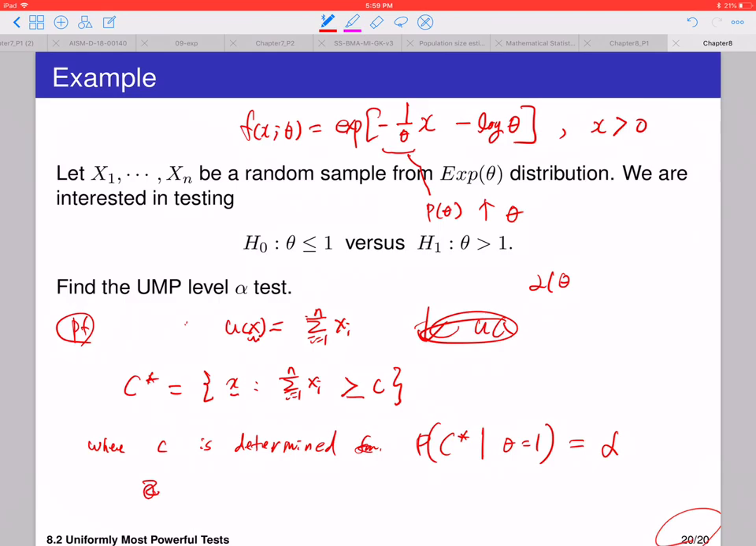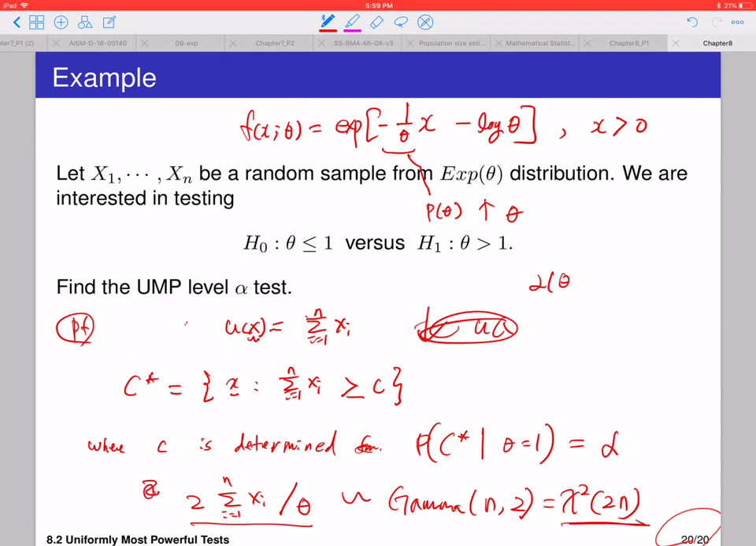So actually 2 times the sum of x_i given theta follows gamma(n, 2), which is the chi-square with 2n degrees of freedom. So we can use this chi-square distribution to determine c. Okay, so c is the chi-square alpha quantile with 2n degrees of freedom. So this is the